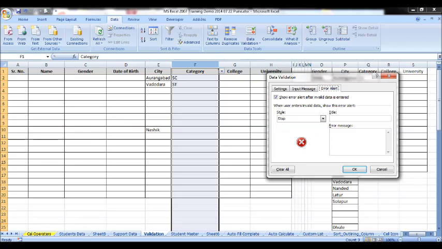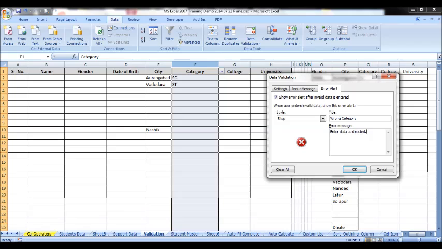And now you can set the error message. Error message is the message in the case of entry of non-validated data. Title would be wrong category. Enter data as directed.